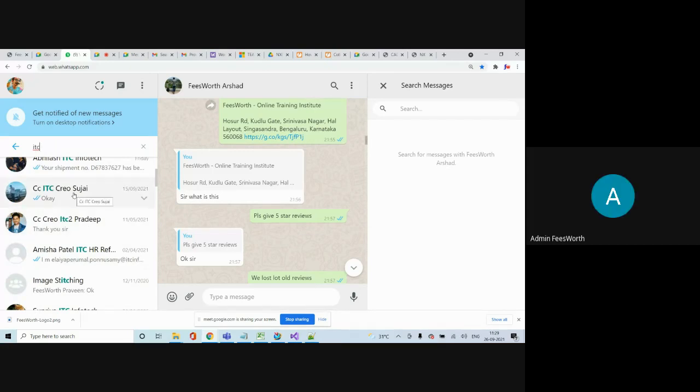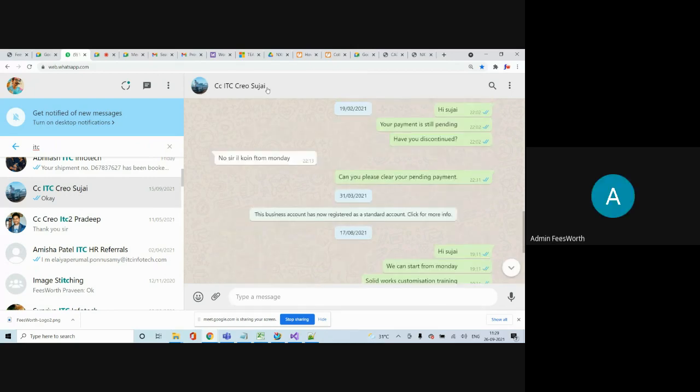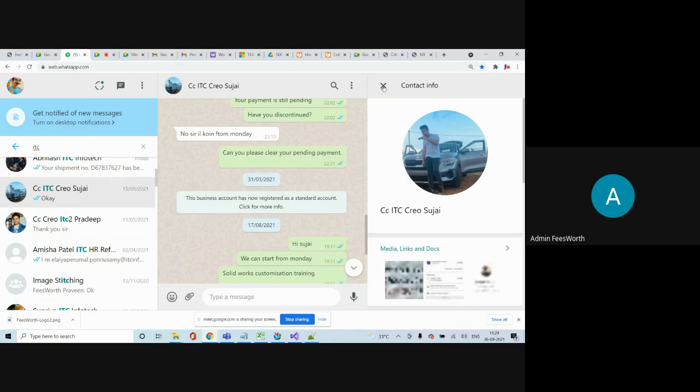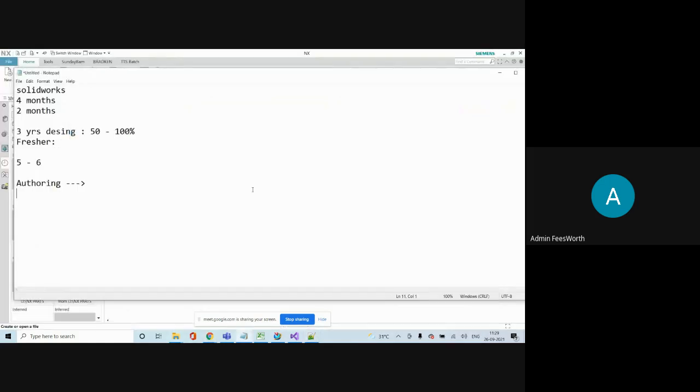See here, I'll tell one more story. This guy actually inquired for Creo, but later he joined for SolidWorks. Unfortunately, he dropped in the middle after this language, for some personal reason, and he got a better job in design. So he went to design. In the middle of the course, he dropped. Now in his company for customization, they are looking for people. So he told them I know something, and they gave the opportunity now.